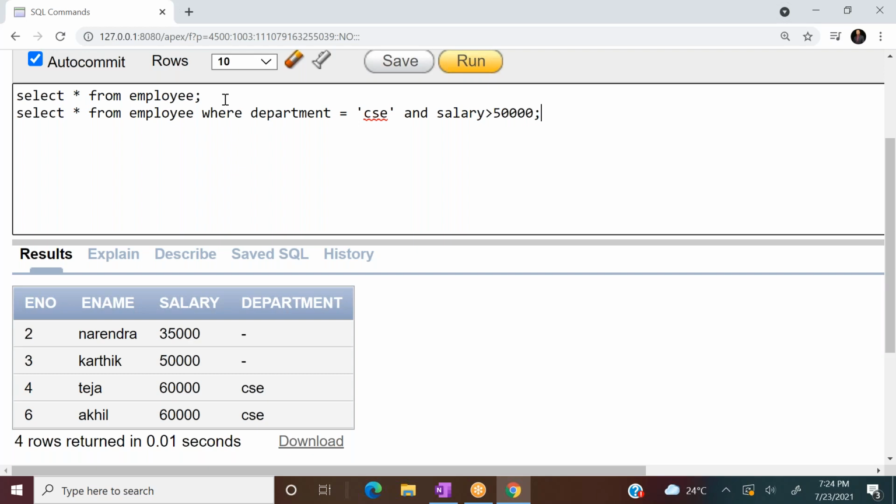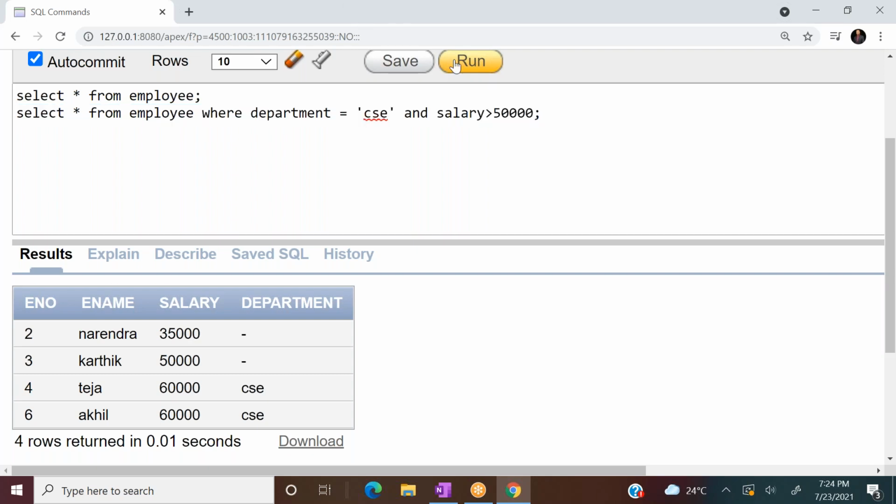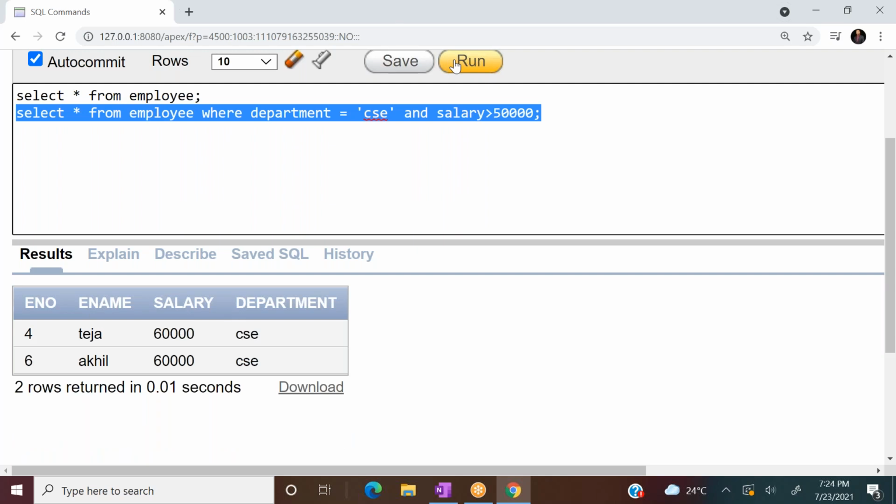Now, according to the table data that you have, which records are required to be in the output? Employee number 4 and employee number 6 records. Teja has salary above 50,000 and department CSE. Akhil has salary above 50,000, department CSE. These two records satisfy the condition, so when this query executes, it should display Teja and Akhil.